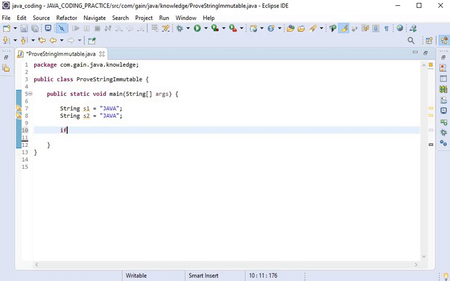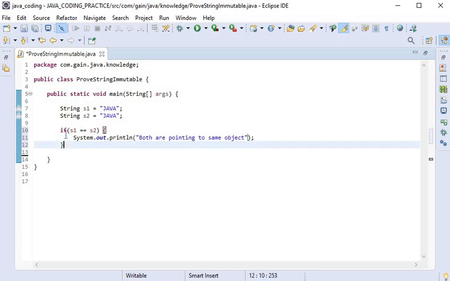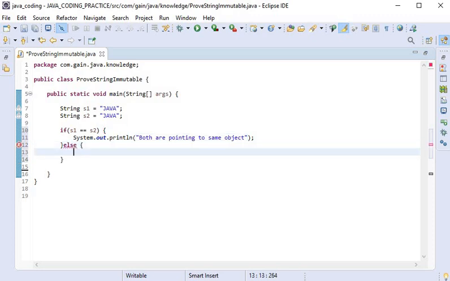So here I will add the condition: if s1 is equal to s2, then we can say both are pointing to the same object, and in else we will say both are pointing to different objects.